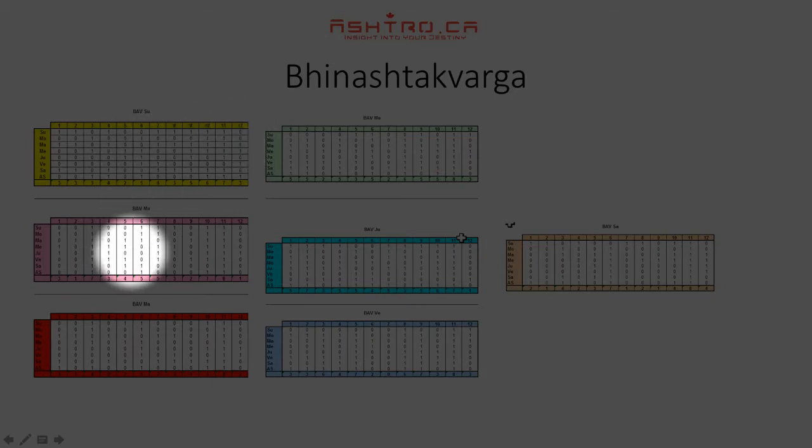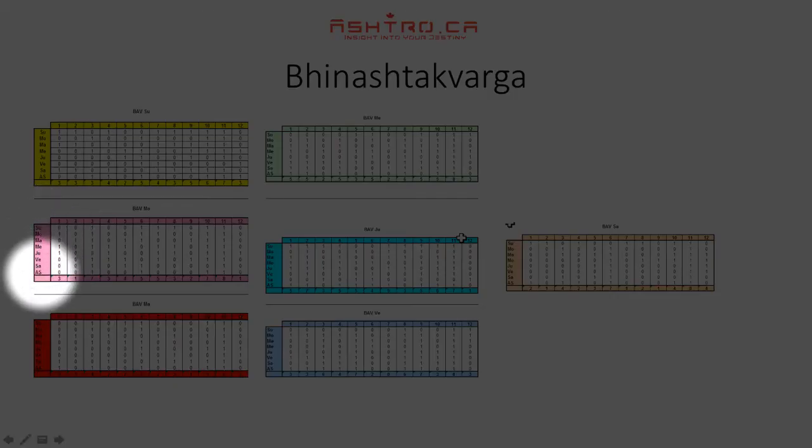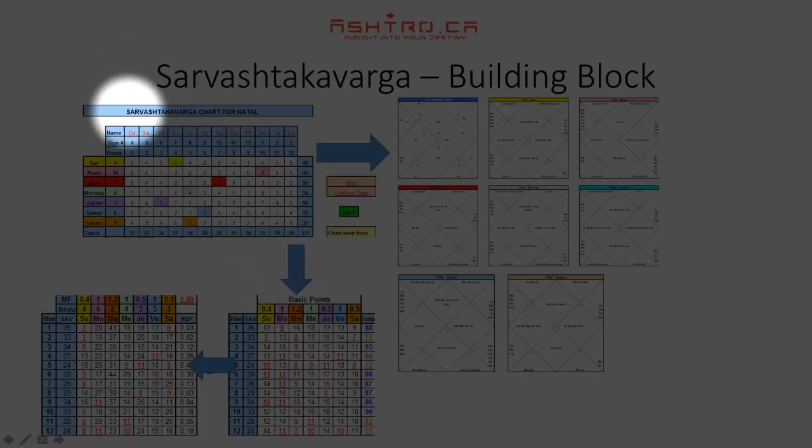Moon's power is done similarly. So take the position of the moon and then start distributing the power with relation to sun, moon, Mars, Mercury, Jupiter, Venus, Saturn, and ascendant, 8 reference points, which means Ashtak 8. And so we do that for all the planets, and once we distribute the power, we total it up, and that's called Sarva. Sarva means the total, so we total up the positive points, bindus, contributed by each planet for